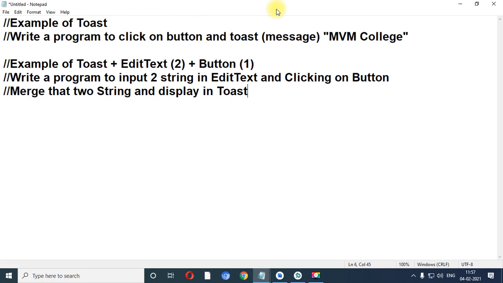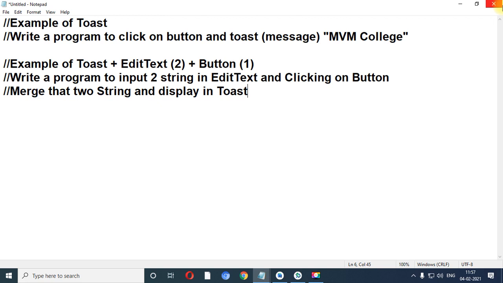Write a program to click on a button, and when I click on the button, at that time one message appears: MVM College. That is the first program of today's session. The second program is an example of Toast. We are going to place two EditText and one Button, and the definition is: write a program to input two strings in EditText, and clicking on a button will merge those two strings in a Toast.